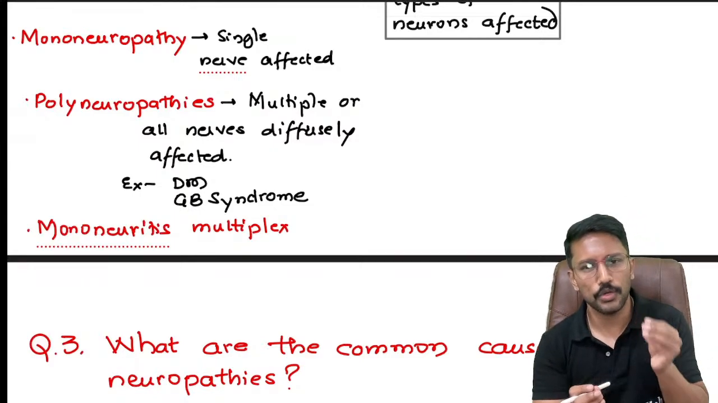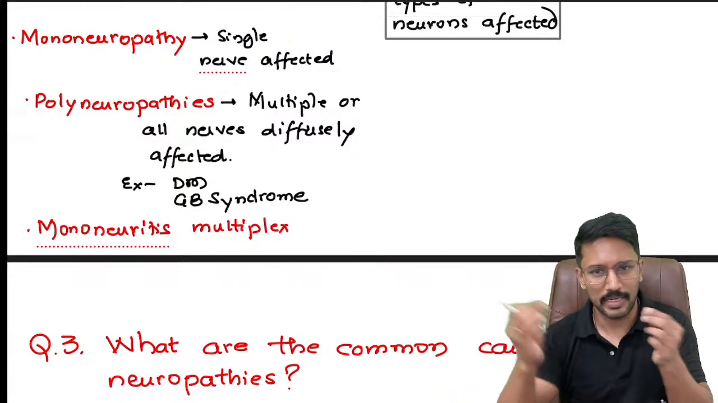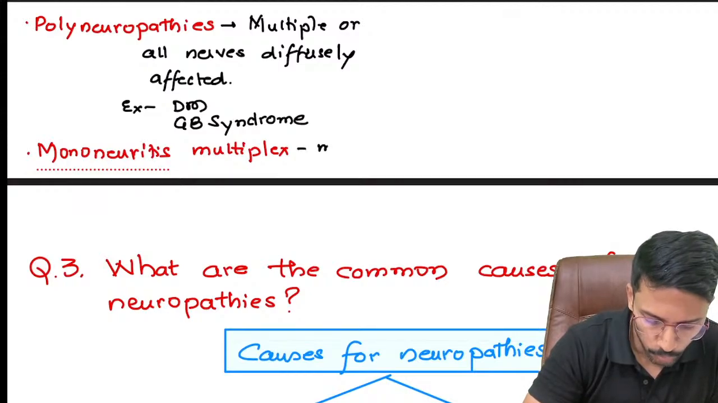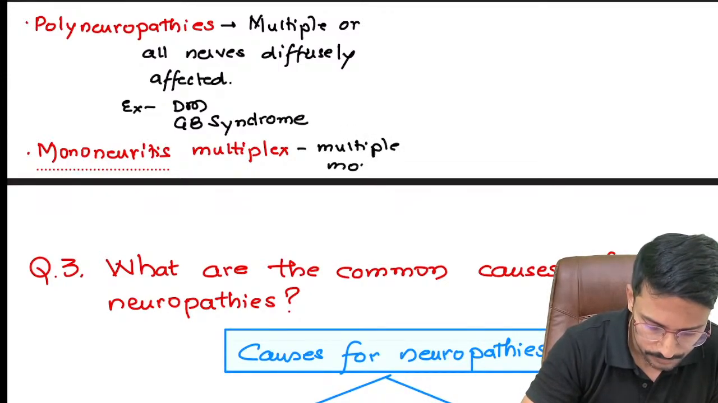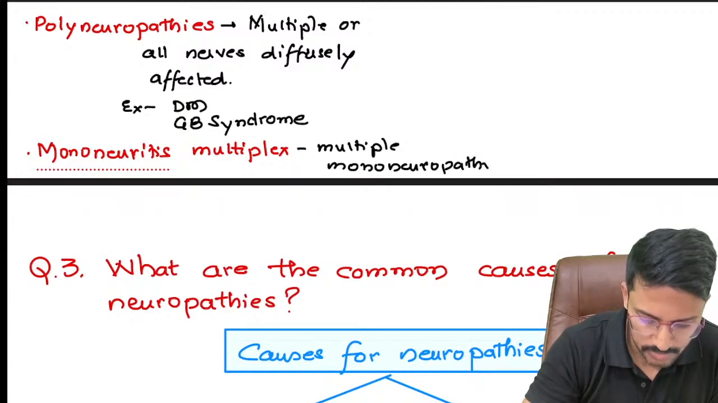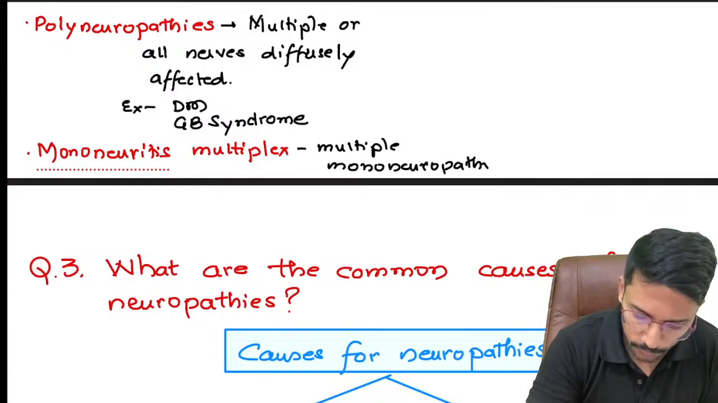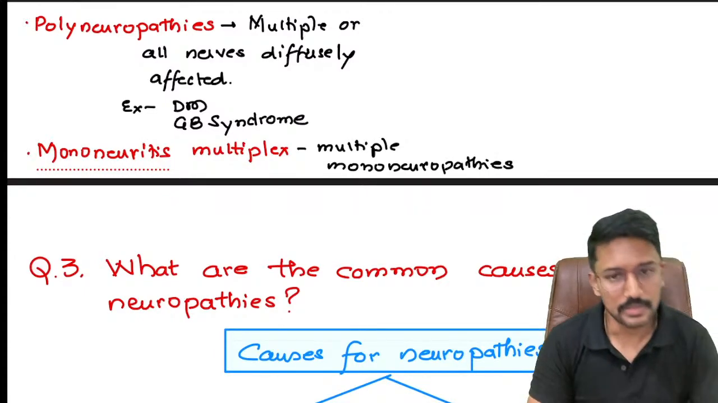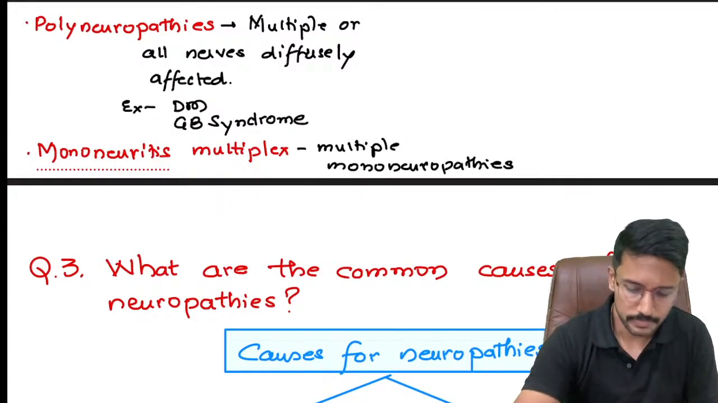In simple words, mononeuritis multiplex is nothing but multiple mononeuropathy. Multiple nerves individually being affected. Multiple mononeuropathies. We call it mononeuritis multiplex. Like third cranial nerve plus radial or ulnar. Yes, in leprosy, often we get mononeuritis multiplex. Okay, so this is one way of classification based on the